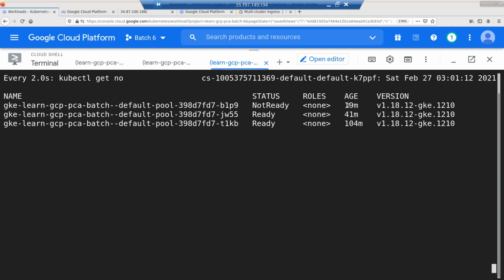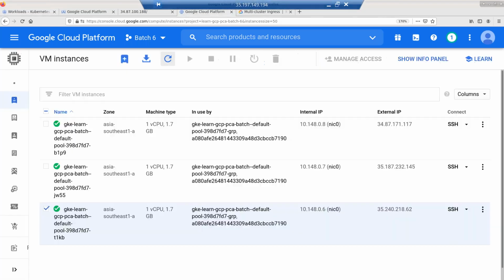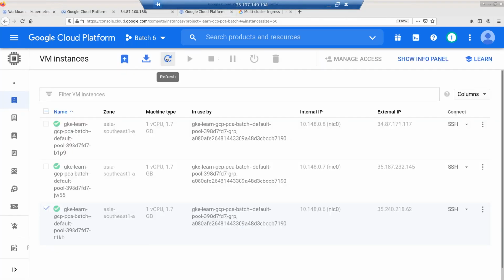41 minutes, it's still there. The one which was recently created, it's going to go off. So let's wait for this to go off. In the next few minutes, it should go off. Meaning if I go to my virtual machine and refresh this,